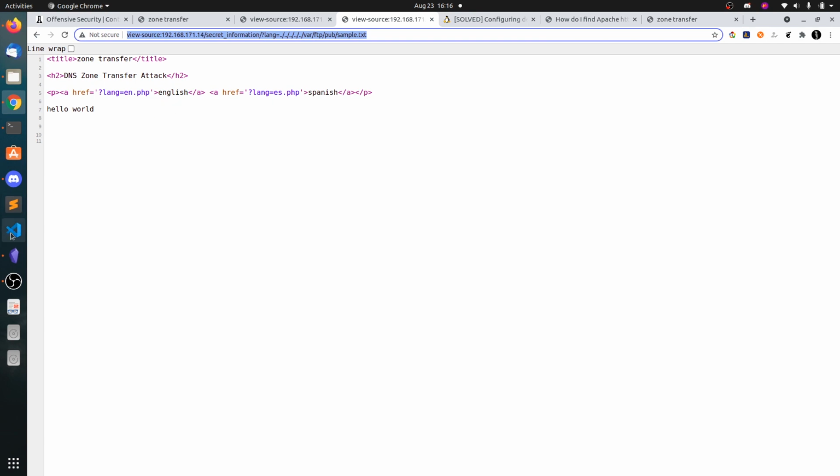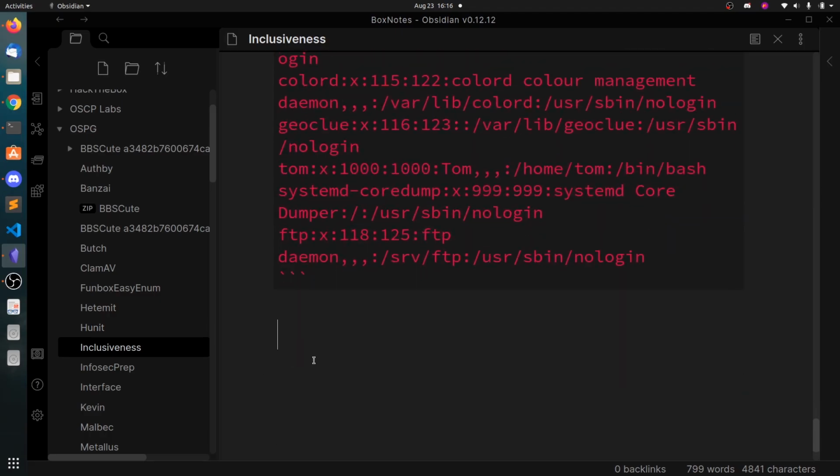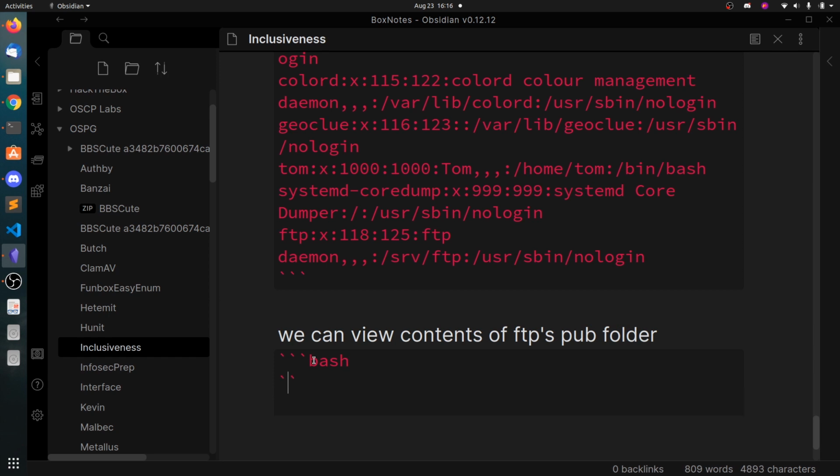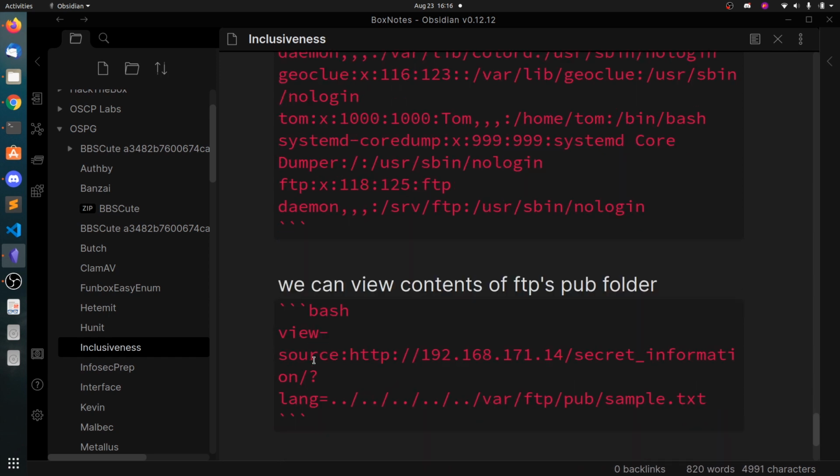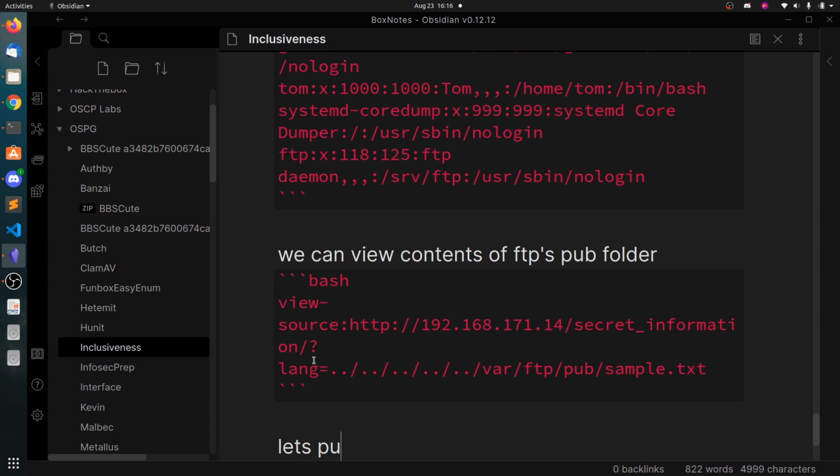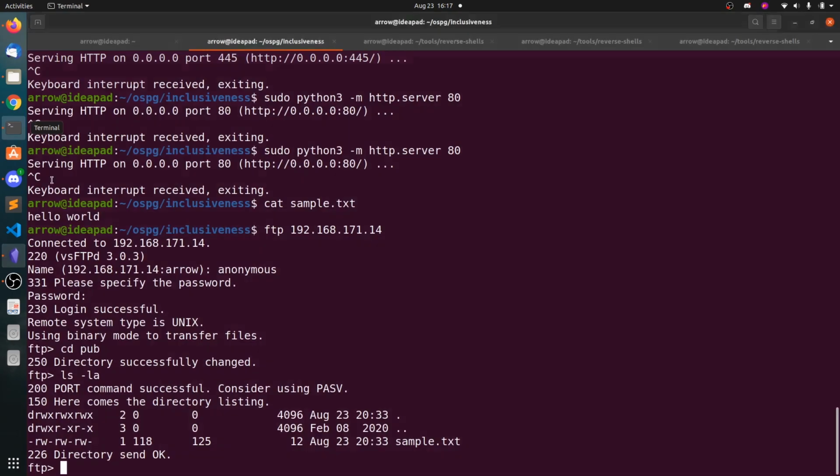So let's copy this, and now let's put a normal remote code execution one.